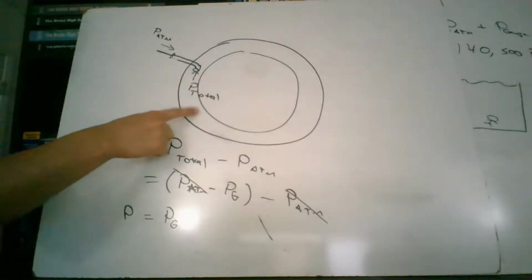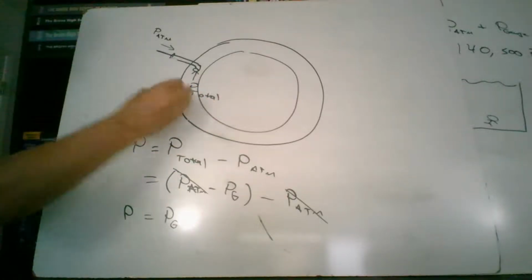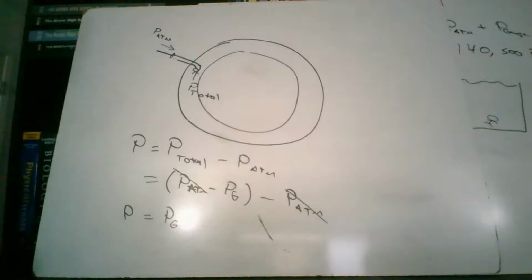Inside the tire, not only do you have the atmospheric pressure, but you also have the air that's been built up that you put in there, and that's pushing out. And that's what the gauge is. Okay? So there is gauge pressure. The next thing,